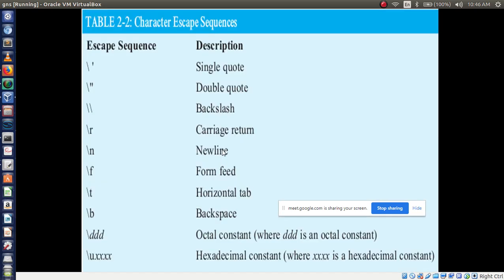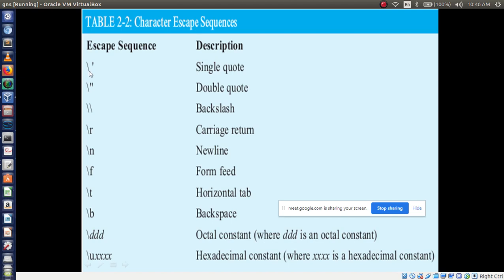Now, character escape sequences. Sometimes this question may be asked: explain escape sequence characters, or explain character constants, like that, for 5 marks. So here, what does escape sequence mean? We have to escape with a slash.